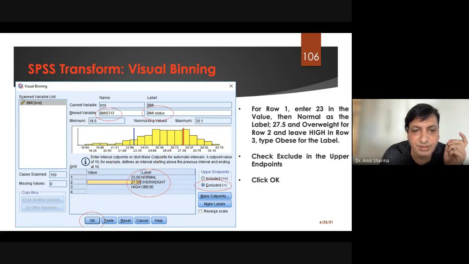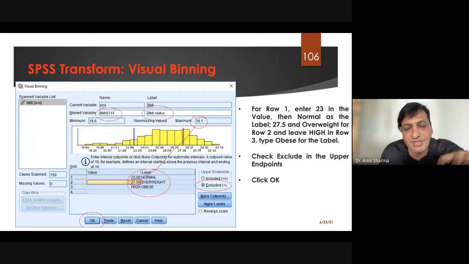From these two values, 27.5 and 30.1, by taking the ranges of these two, the software is going to make the value for the 3. Or if you want to write, you can write in such a way like 18.6, then you have to add a dash here between 27. So in such a way also you can write. So both methods are accepted. Like this you have to make different ranges and click OK.